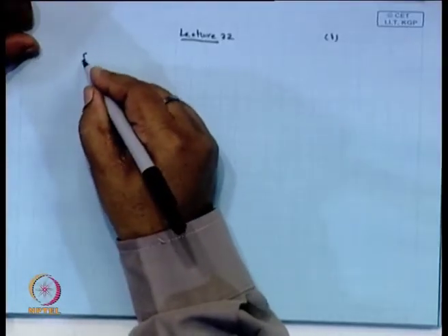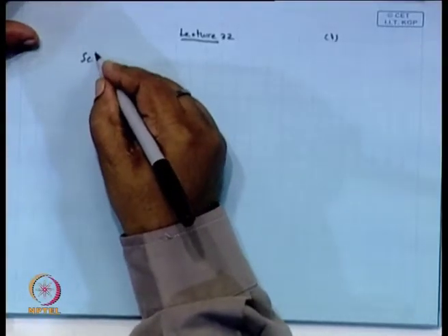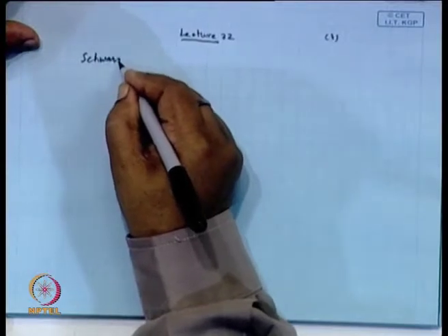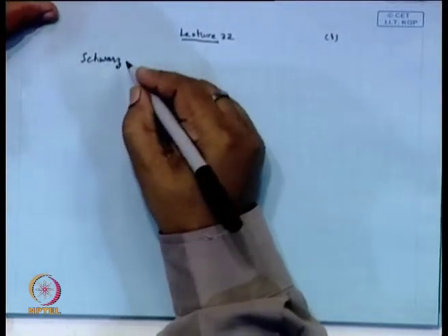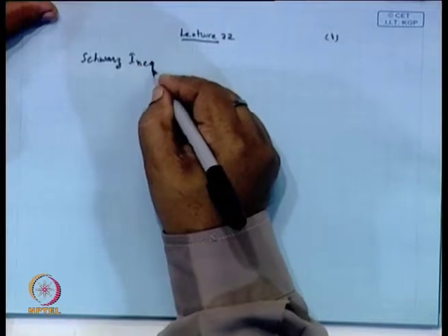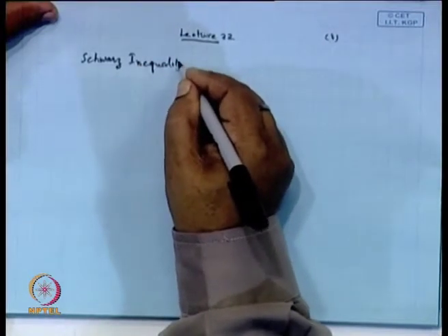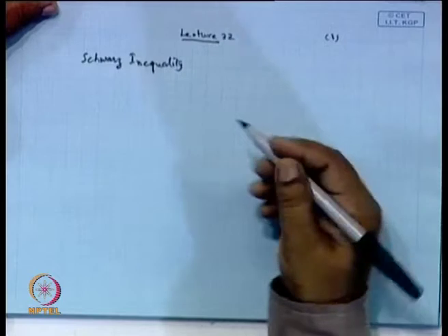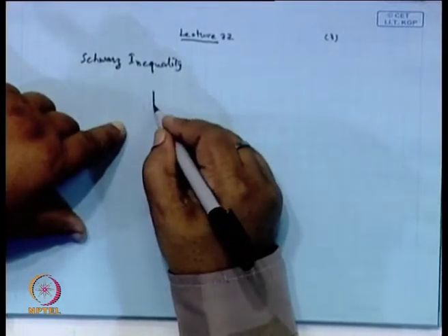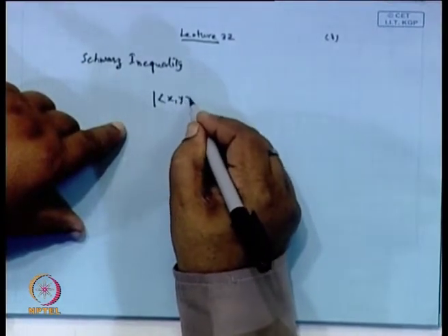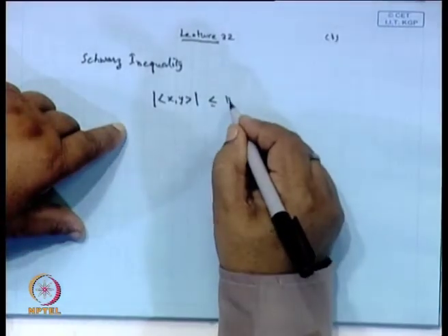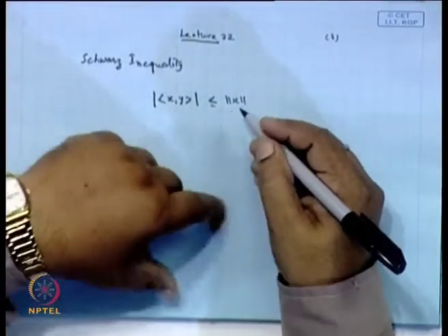Discuss the Schwarz inequality. This gives a relation between the inner product and the norm, and we have seen that the modulus of the inner product of x and y is less than or equal to the norm of x times the norm of y,